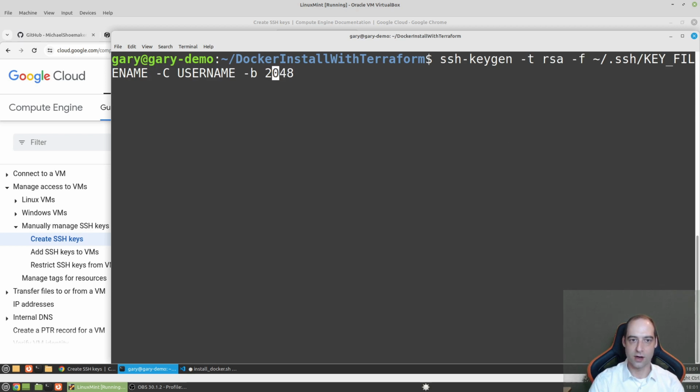And there are two things you'll need to change. The username, this is going to be the user on the VM that you're going to log in as. And then you want a key file name. And I already called this Docker demo, I believe, and ran that. It's going to create a private key and a public key in your SSH directory. I'm just going to Control C out of that,